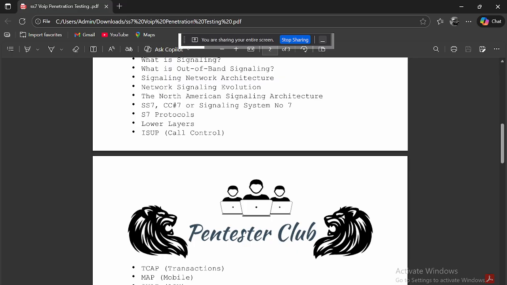Okay, so MTP1 is like a physical signaling link, where when I call from my phone to your phone, it will automatically connect a physical signaling link in the cloud. And MTP2 is like reliable delivery, error checking, and sequencing. If you are in a good network connection, it will deliver 100% sure and clear.